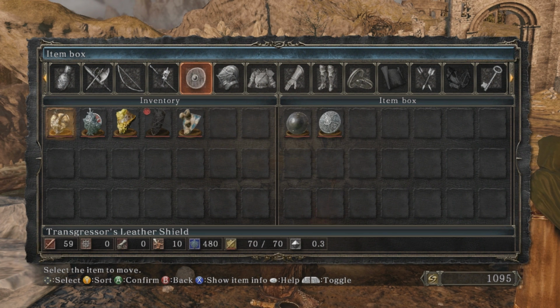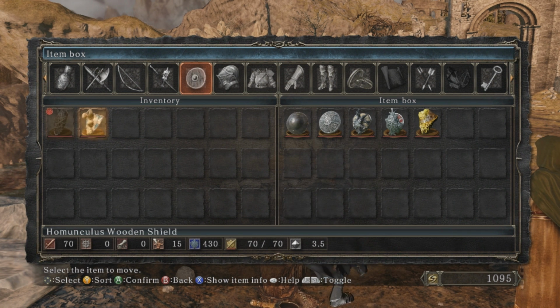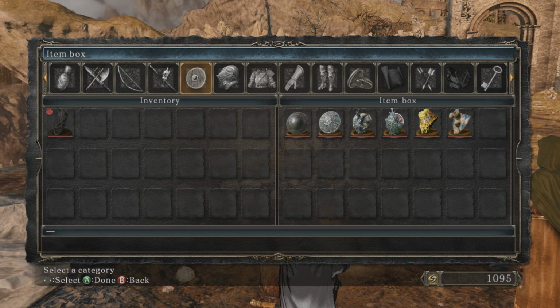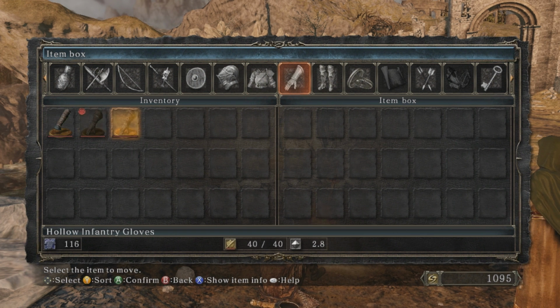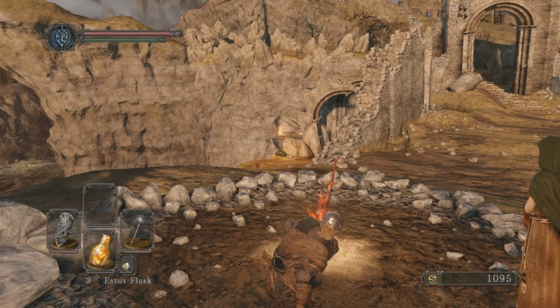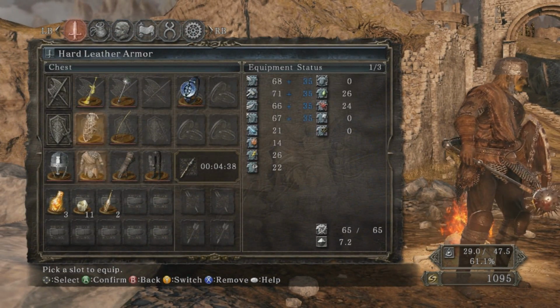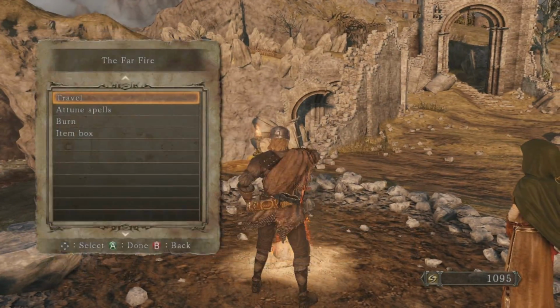Buckler I'm not going to use. The Parma I'm not going to use. Leather shield I'm not going to use. Flamestone Parma, no. Quartz shield, no. Homunculus shield, no. Probably not going to use the hood anymore, so... Just doing this to keep my inventory clear. Hollow infantry... it actually might be better. Get rid of those manchettes, though. Anything else? Nope. Alright, let me check out those manchettes before I call it quits. Nope, they are worse in every way, they're just lighter, so...